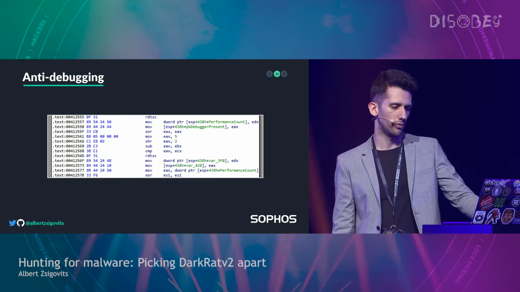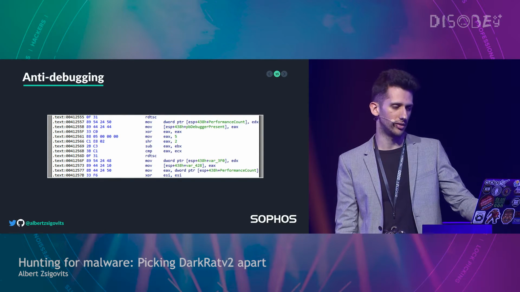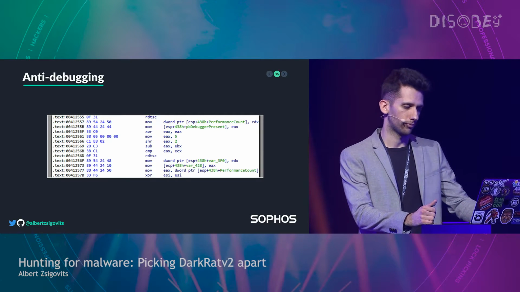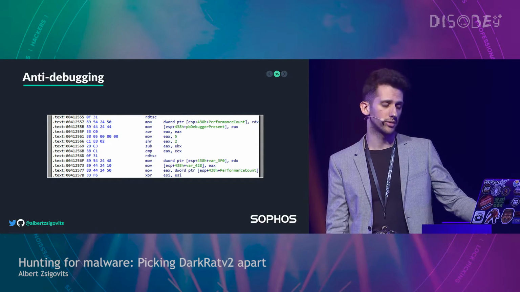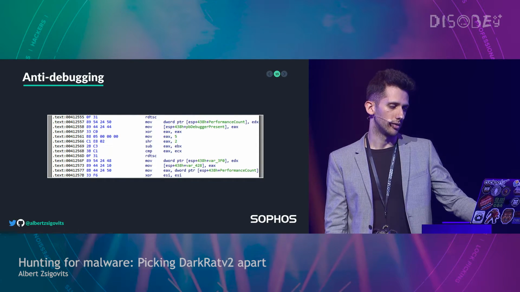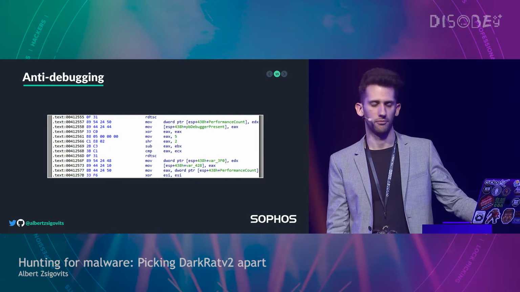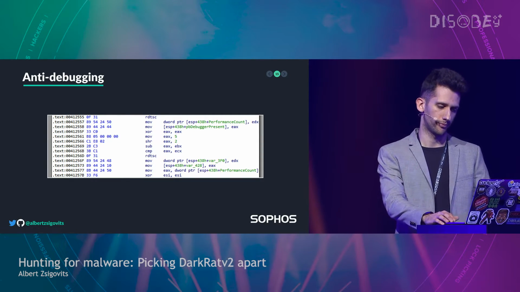He even went to the length of using some interesting instructions like the RDTSC instruction, where the sample would count the elapsed ticks, for example, but these checks again could be circumvented by simply replacing a few bytes in a debugger.